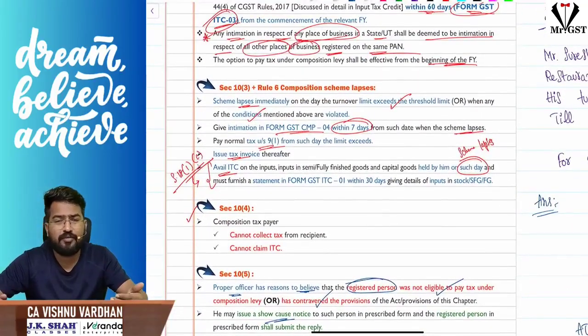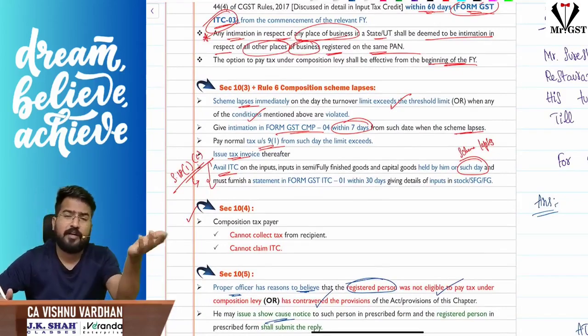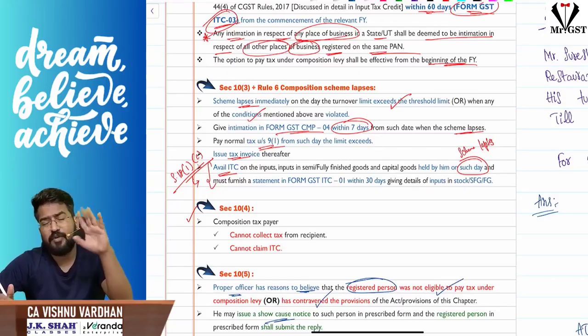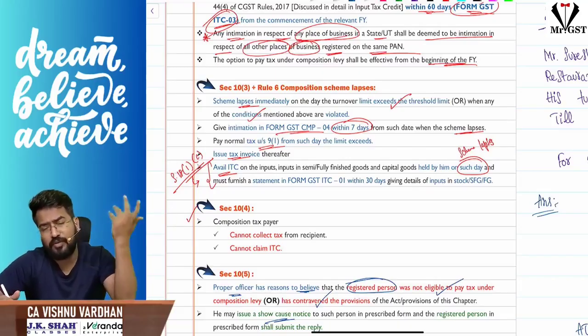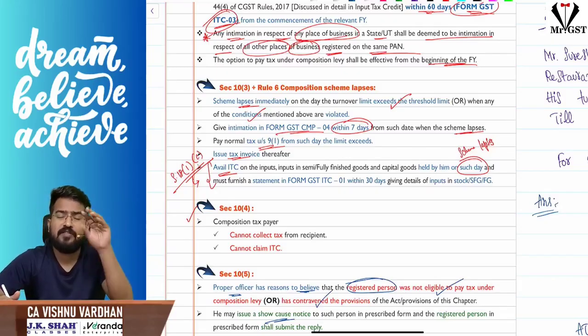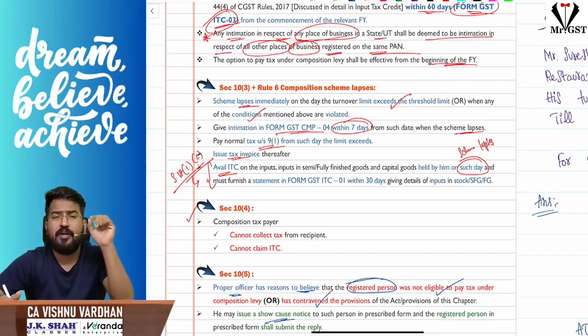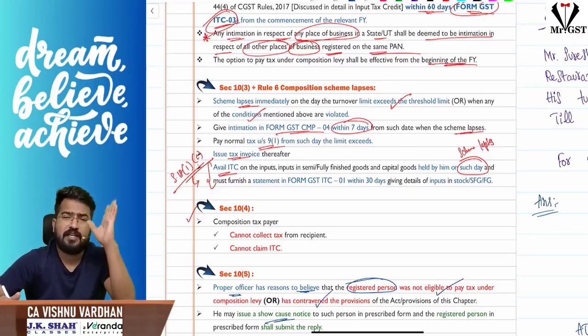Composition scheme, every year you have to keep on selecting whether you want it or you don't want it. If you are eligible and want to opt for composition scheme, electronically intimate the proper officer. Simple. When you are applying for registration for the first time, it means that in the preceding financial year your aggregate turnover did not exceed the threshold limit, or you didn't have a business. So your aggregate turnover will be less than or equal to 150 lakhs. That is why you are applying for composition scheme. In the registration application itself there will be one point: do you want to opt for composition scheme? If you are eligible and want to opt, you can opt there itself. So the first year you can decide like that.